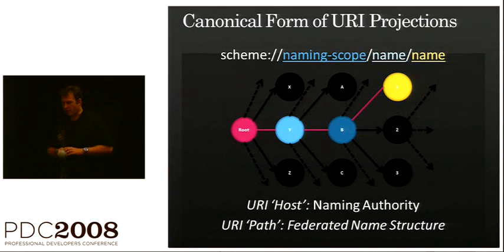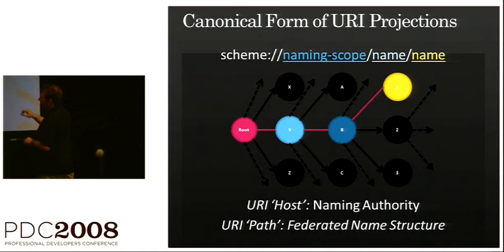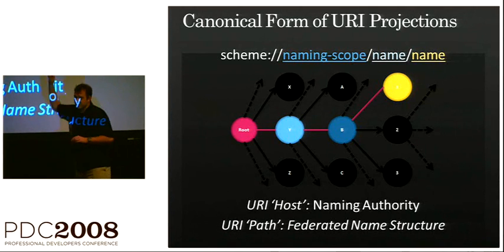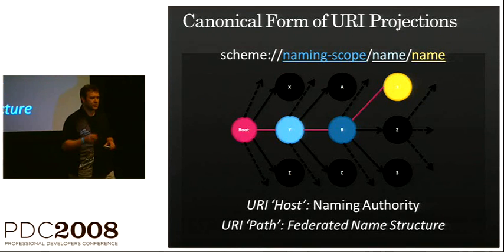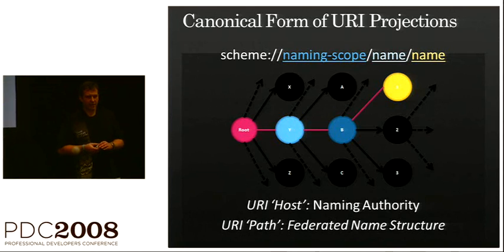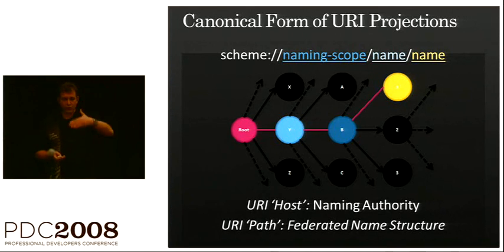servicebus.windows.net/services for this CTP. And then we have a federated name structure, which you can structure as you like. And you can put names there, which means descriptions of services, external references to services. So this is sort of like UDDI, or sort of like LDAP, and we're constraining that to service references very strictly, or you can put listeners into those places so that people can actually send messages to you through that naming tree. And I'm going to show you that a little later.